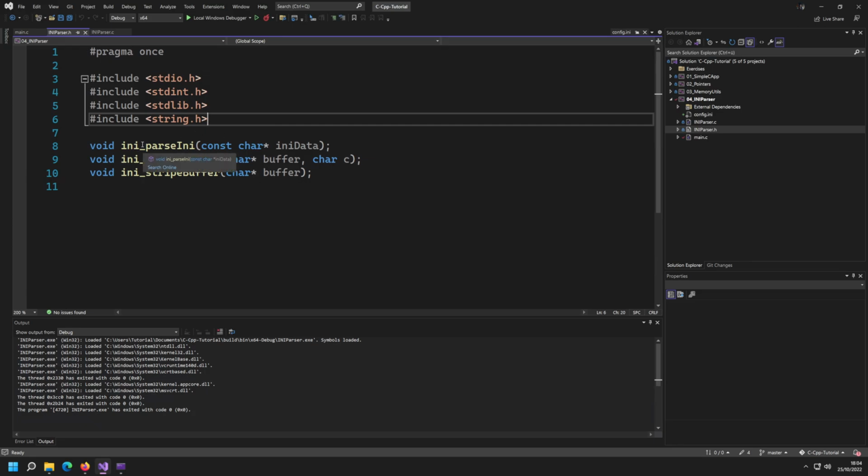First of all, this parse ini function is not going to be sufficient for handling that. Of course, we could change this function to not take the raw ini data at all, to just always take file paths. However, this is not what you want to do. In a real-world library, you want to have the flexibility so that the user can actually supply raw data, because the user might have their own